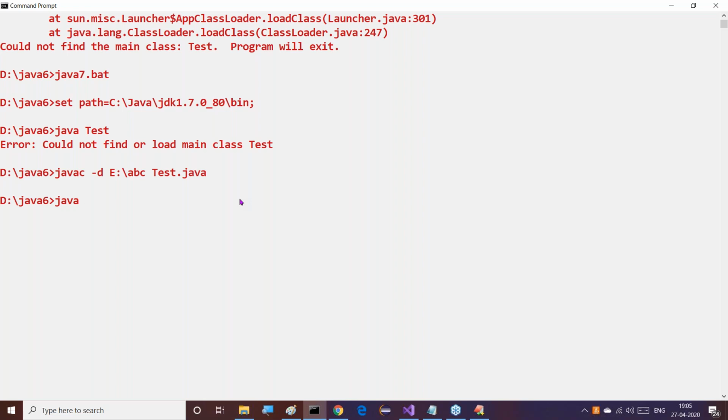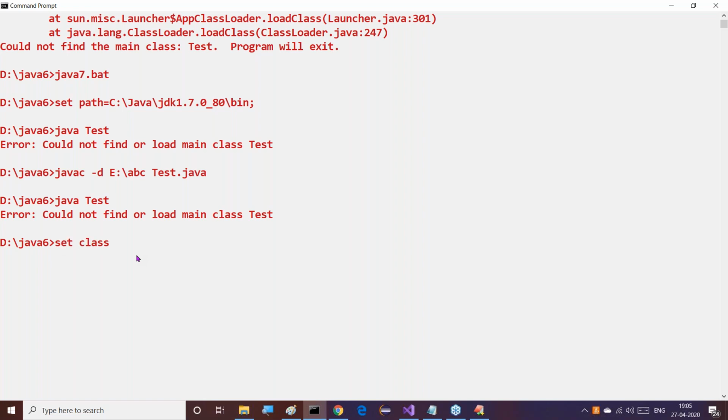If I execute this one, java tester, what are we able to get here now? We are able to get this kind of problem: could not find or load main class test. Why? Because the tester.class file is not available at the current location. So in this scenario, what do we have to do if we want to execute our Java program, guys? Tell me what we have to do now in this scenario, so that our tester.class file, which is available at C:/ABC, can be found, but we are executing our Java program from C:/Java6. Then what do we have to do now?